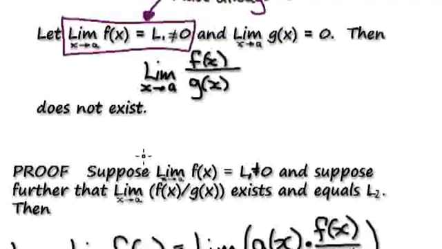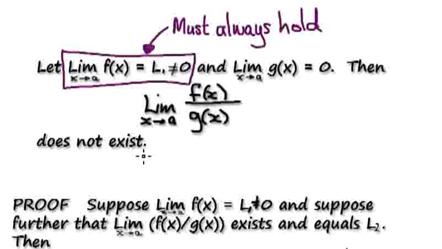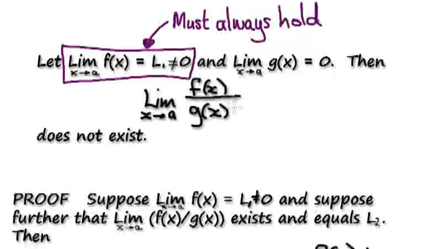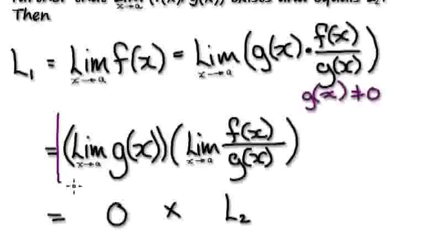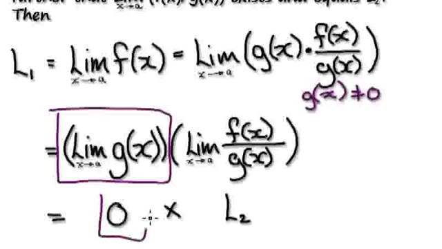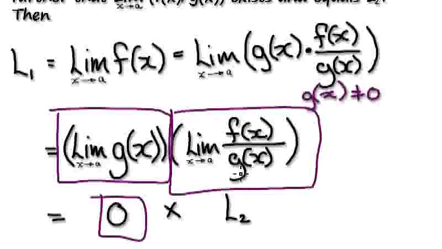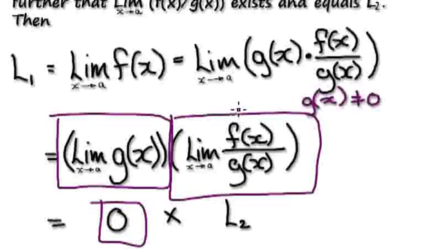Don't forget, in our initial theorem, we did state that the limit of this has to be L1, but then we also insisted that the limit of g of x is 0, heads towards 0. So if that's the case here, then the limit of this here is 0, and then suppose this thing here,